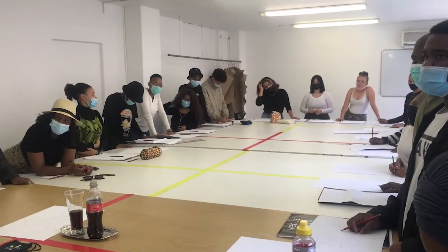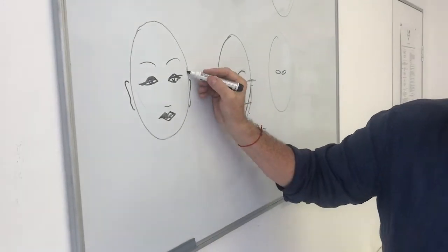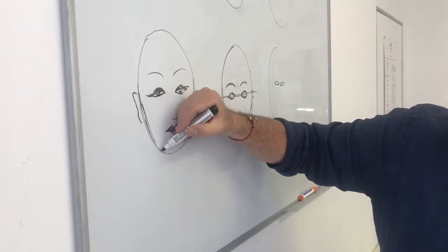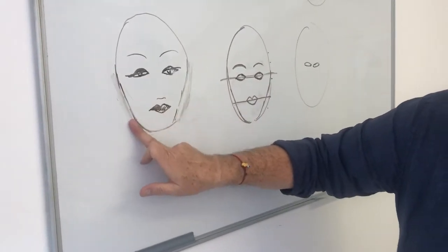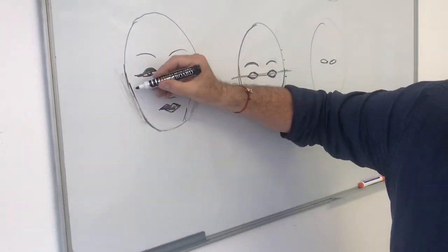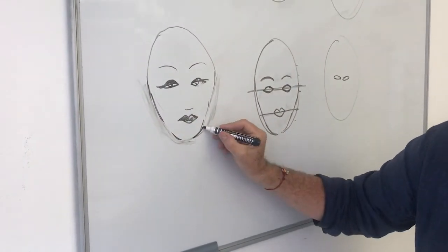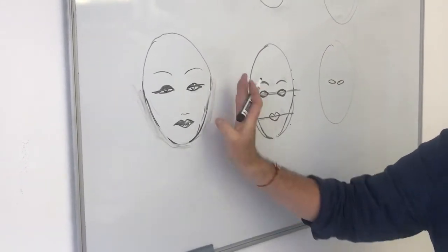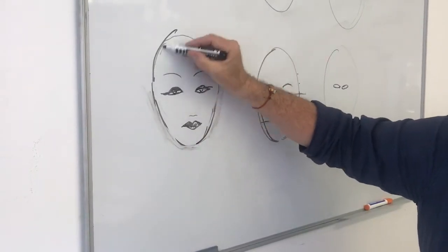I would take some off here to make her look nicer. Look at her, how she will change. So I take a bit off there. It's not the perfect drawing, but it doesn't matter. But already, I'm making a bigger mess than anything. But already she looks a bit better, right? She's not so round anymore. Now, if I had to add her hair,